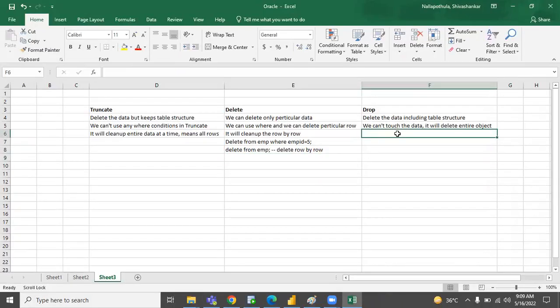And drop will not touch any data. It will simply drop table emp, which means the entire table